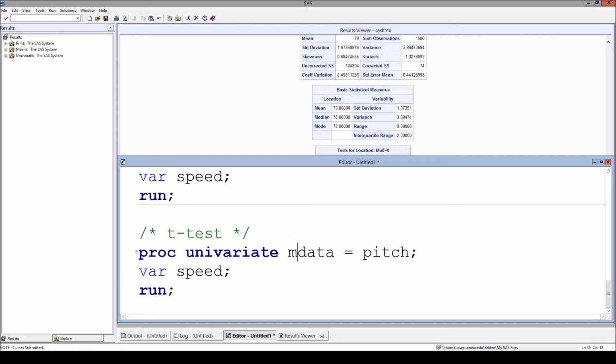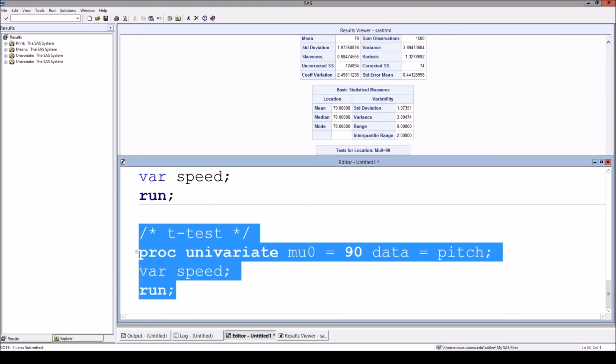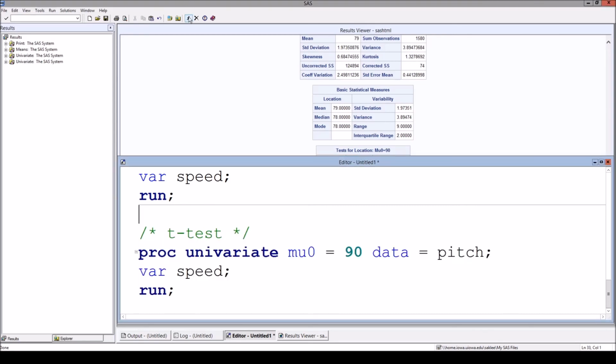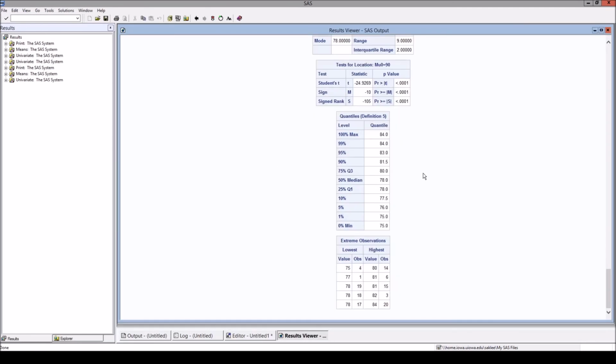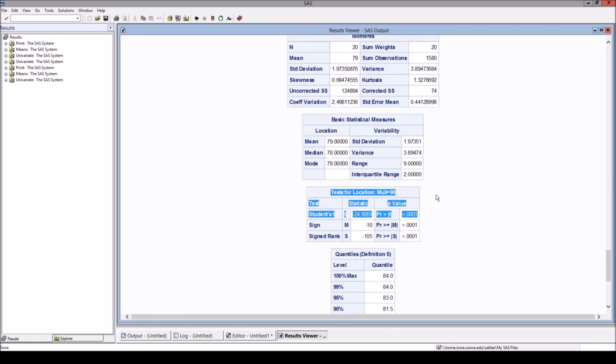Since in our situation the null hypothesis mean was 90, I want to declare that my mu0 is 90. So if I submit this code into the SAS system, now I can see that mu0 is equal to 90 in that table, and this table contains the information about the t-test.